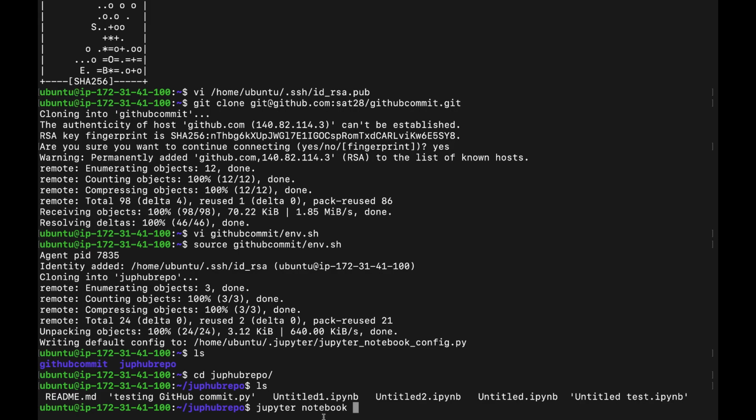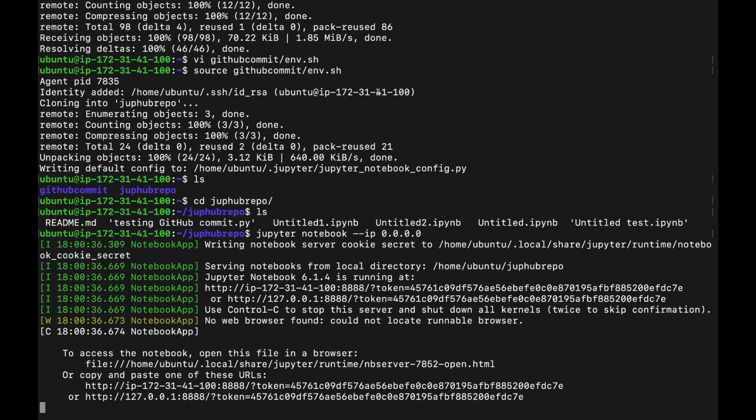So Jupyter notebook with IP equal to 0.0.0.0, and this would open it for all because I am testing. I am just opening it for the entire world, because the browser is not present inside this machine. So I'll need to copy the token as well as the port.